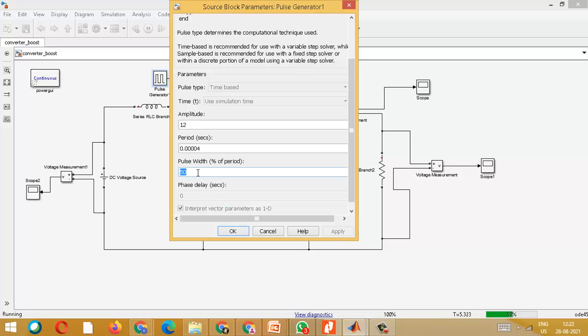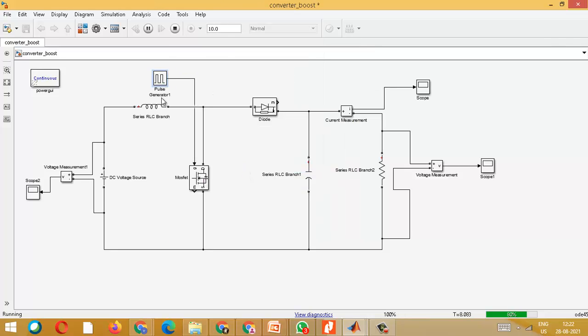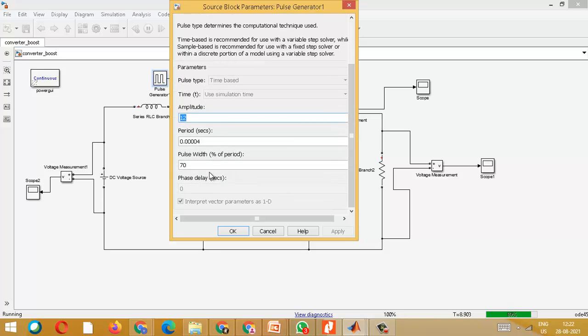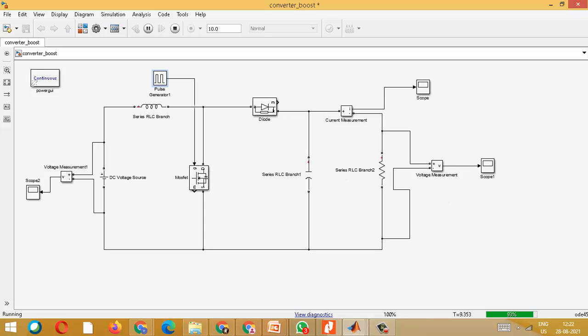Then at the time interval of 6, I make it 60 duty cycle, and when it reaches 8, I make it 70. Then when it reaches 9, I make it 80. So at run time I have changed the duty cycle.